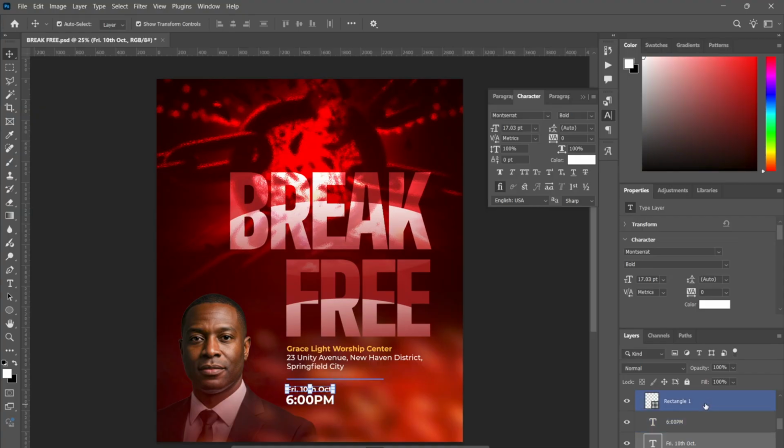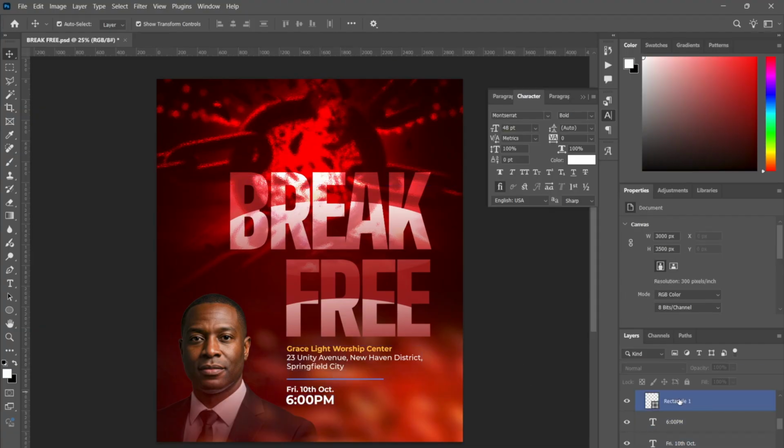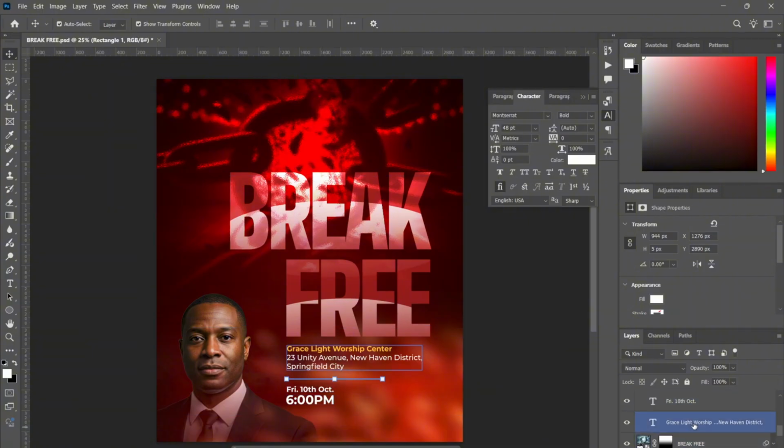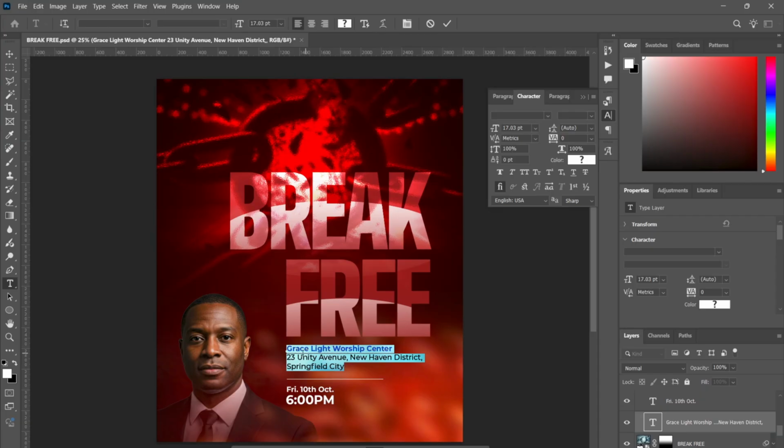I reduced the size, and then I created a slim rectangle shape to create a demarcation between the venue and the date and the time. Then for the venue, I used two fonts. The first one I used for Grace Light Worship House is Montserrat bold, and then for the location